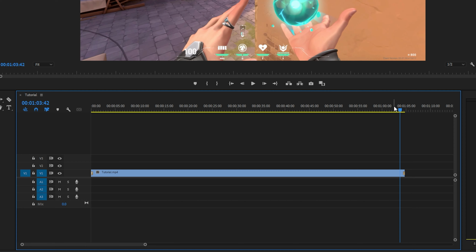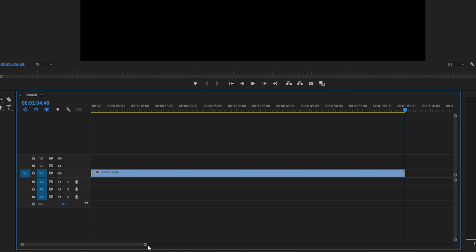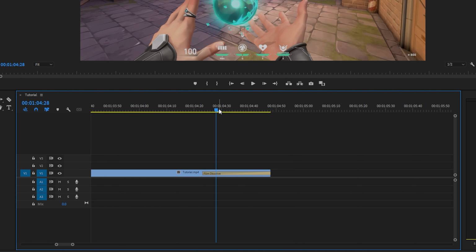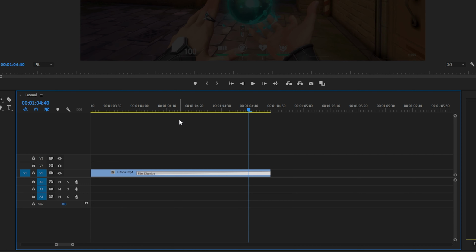If you can't see the transition icon, then move your playhead to the end of the video you added the effect to. Drag in the bottom slider points to zoom in. You will now see a box on the end of your clip. If you play over this part of the clip, the video will fade in or out. Hovering over the side of the box and dragging it out will increase the length of the fade.